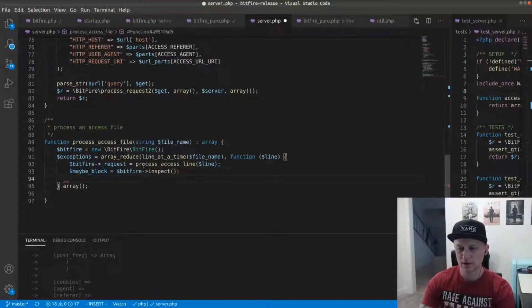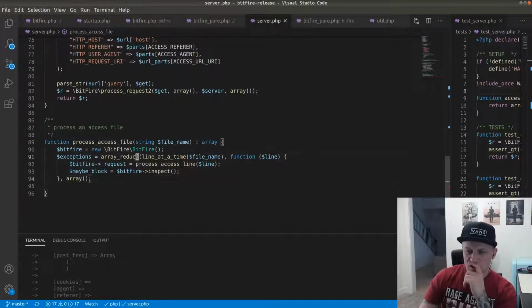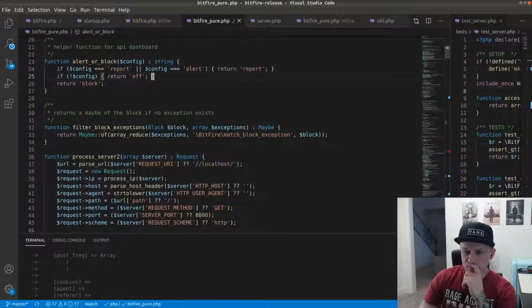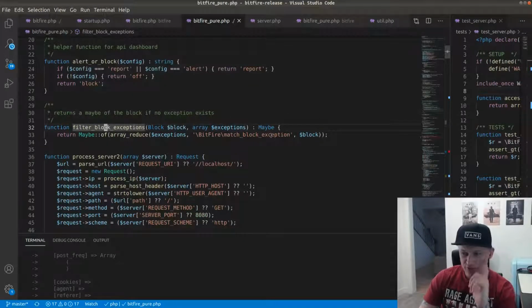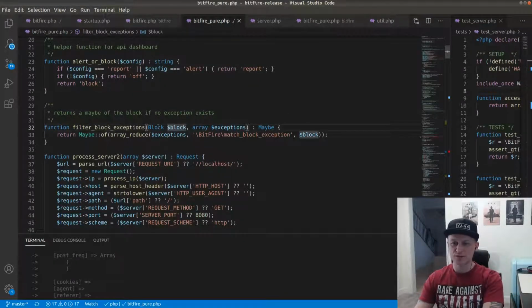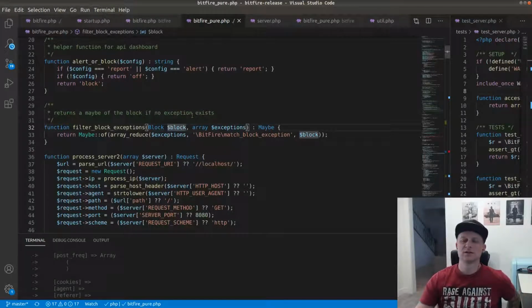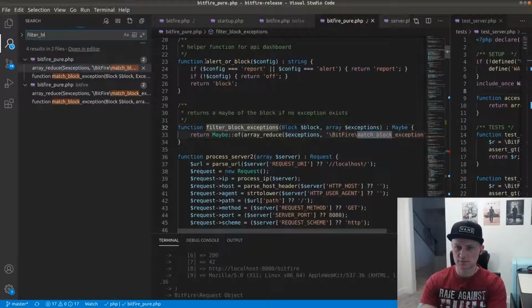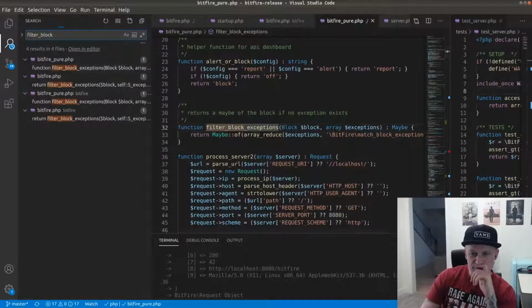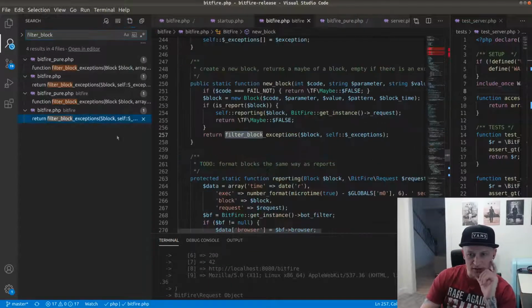Okay, maybe block. That gives me a block, right? All right. So filter block exception should return a maybe. If we get a match, we're passing in only a block. And who's calling filter block exceptions? Exceptions, there's the function. Who's calling it? This guy. When we call new block,